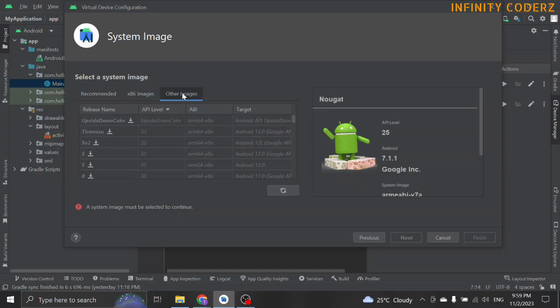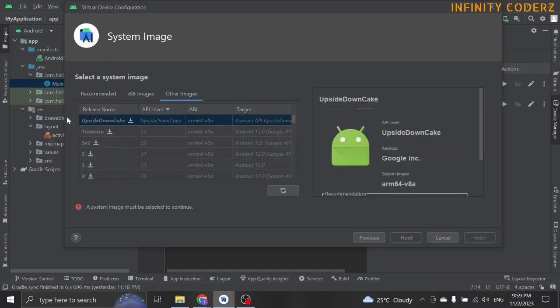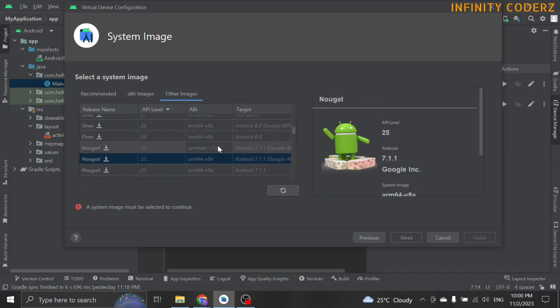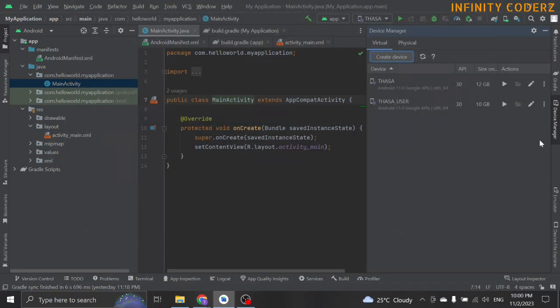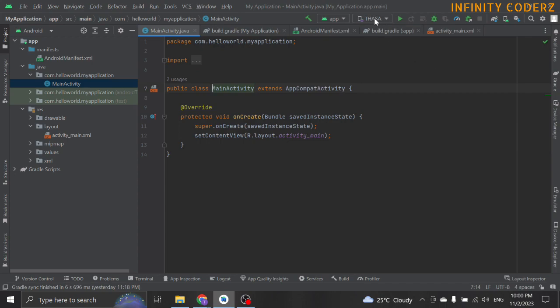Depending on the system image, the user has to choose what Android version the application is targeted to be running on, based on the API level, for example Android 11, 12, or 13. Do take note that ARM-type emulators have slower performance compared to normal processors. Once we have done the selection and click Next, it would start to create the emulator.